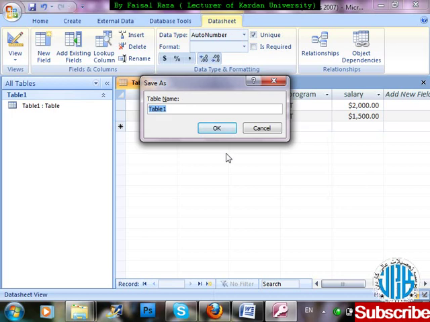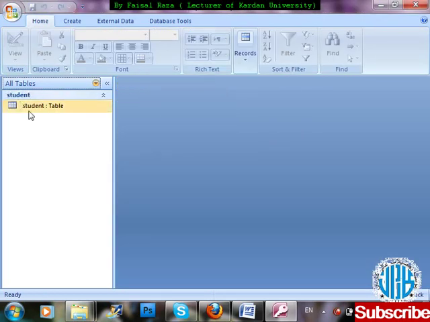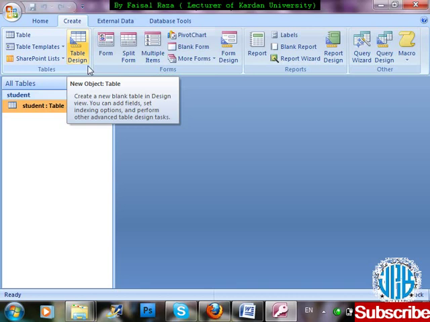By which name are you going to create the table? Let's suppose, student. The table name is student. So the student table is created or not? Next, what I'm going to do is create a table by design. Mostly people create a table by design, which is quite useful. So if I click on design table here,